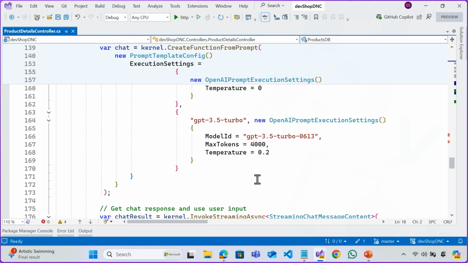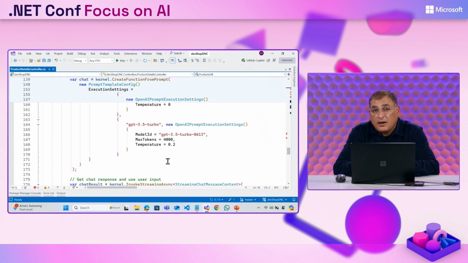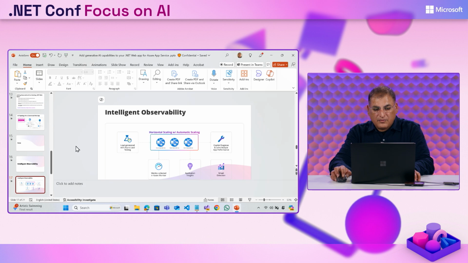So again, what you have seen is I can either do a simple integration with an existing web application, or we also let you deploy your web applications if you're looking at more advanced concepts around vector caching for your web applications once you start using the sidecar pattern. With that, I'm going to switch back to my